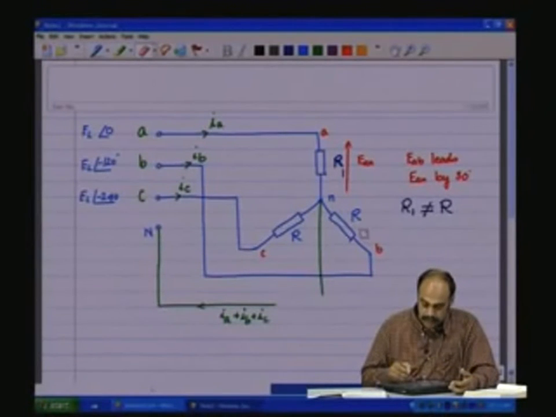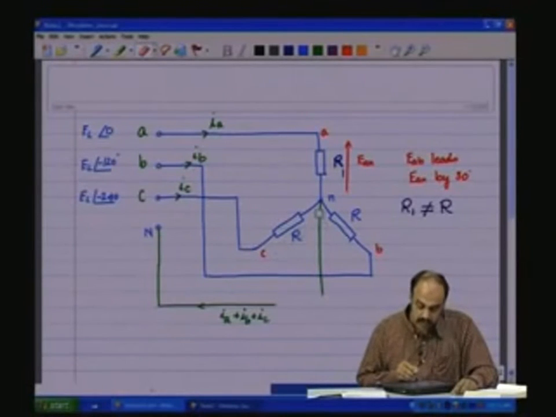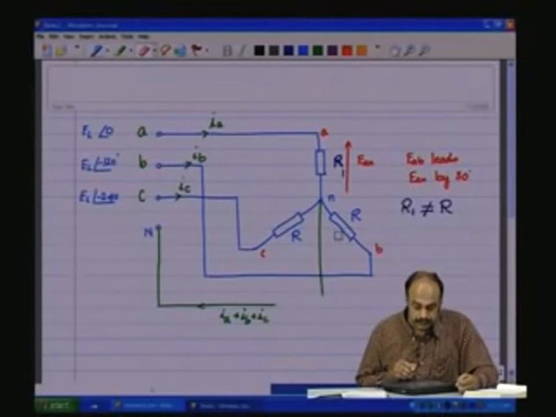So, it is not purely IC which was in the case of the balanced load that would be flowing here, and IB. So, there will be a part of IA which will get mixed into IC, and a part of IA gets mixed into IB, and those changed magnitudes of IB and IC are going to get multiplied by R and get reflected as the voltage drops. So, the voltage drops in this phase will now change.